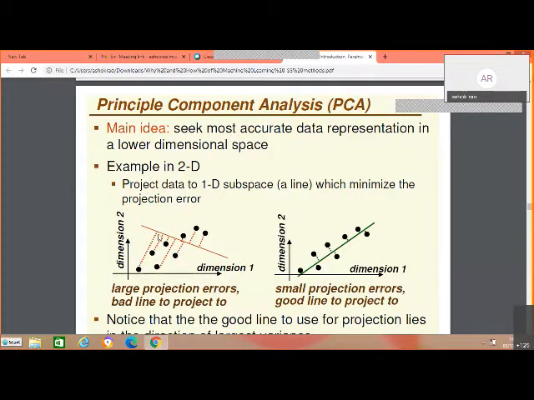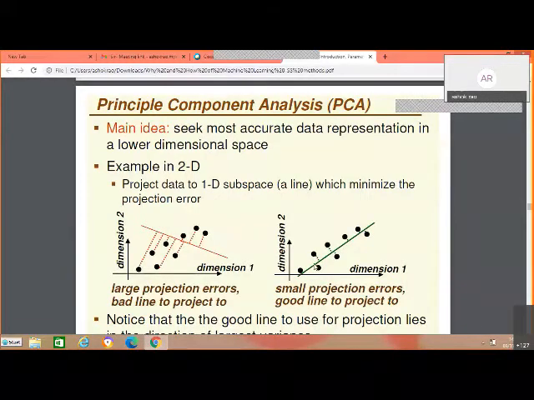On the other hand, instead of this line, look at this line. This is also a line in 2 dimensions. It's a one-dimensional representation because x and y are not independent. Now I do the same thing. Instead of putting this line, I put this line here, the green one. And I do the same. I project this onto this, this onto this, and so on.